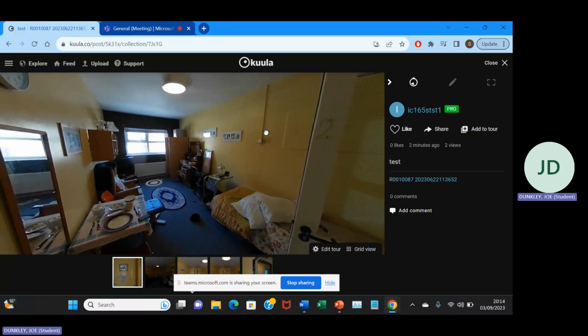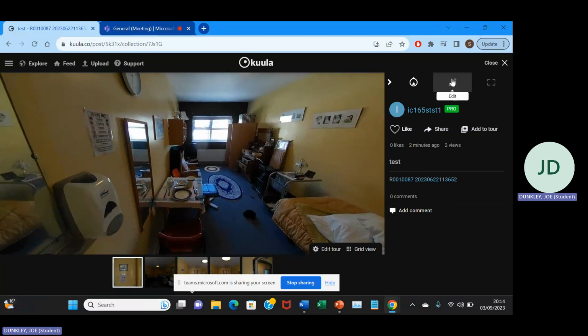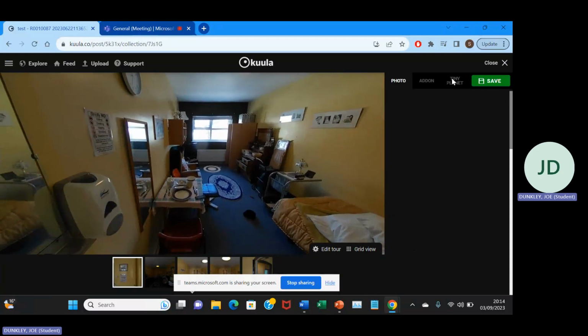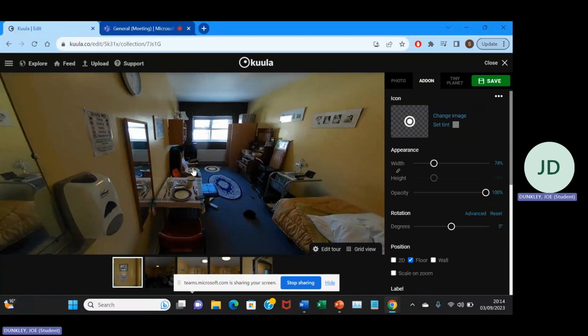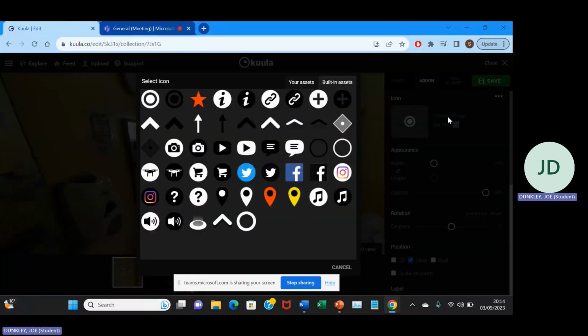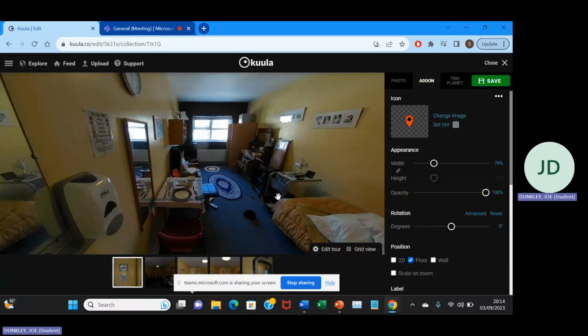Another thing you can do if you wanted to make a more complex tour is you can create an evidence piece hotspot. So again, we go to edit, go to hotspot once more, and we'll make an evidence piece hotspot for this iPhone here. You can see at the scene. So we'll change the image again. We'll change it to a red landmark, and then change the tint again. Changes to red,